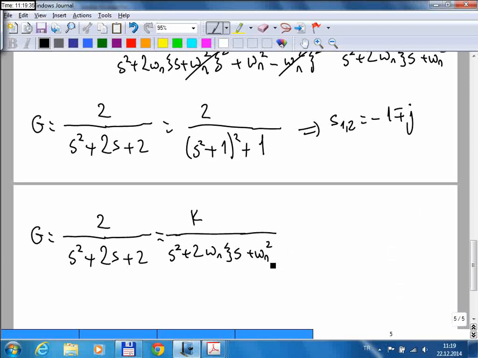Okay, what we have, the omega square should be equal to 2. This gives us omega should be square root of 2. And 2 omega n times zeta should be equal to 2. But omega n is square root of 2. From here we get zeta is equal to 2 divided by 2 square root of 2, which is,